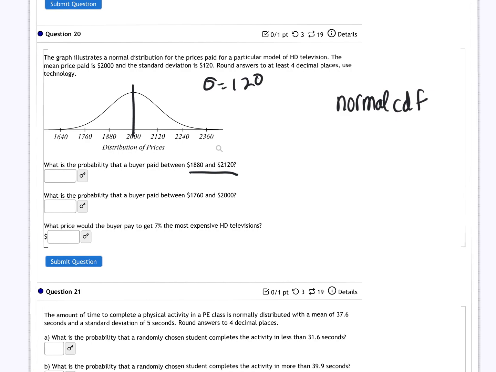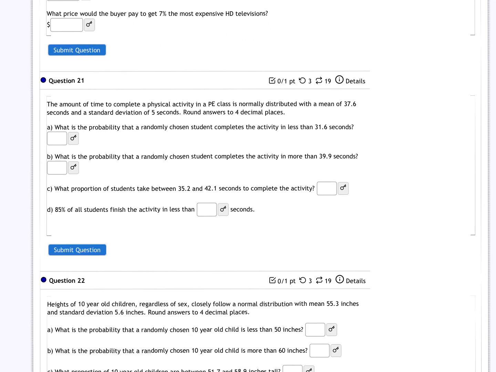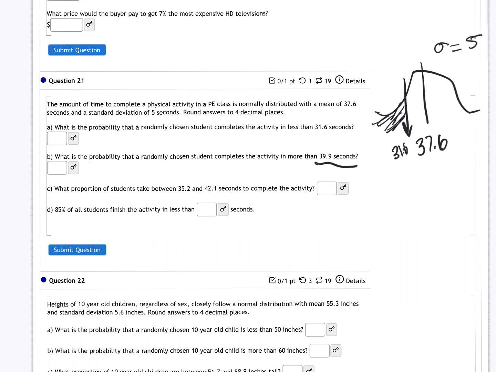And question number 21. The time to complete a physical activity class for PE is normally distributed with a mean of 37.6, a standard deviation of 5 seconds. What's the probability the time is less than this? Again, this is a normal CDF. It's really nice if you draw the pictures and shade them in. What's the probability that there's more than this? And then in between, again, normal CDF for all of these, or